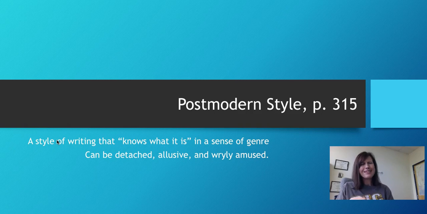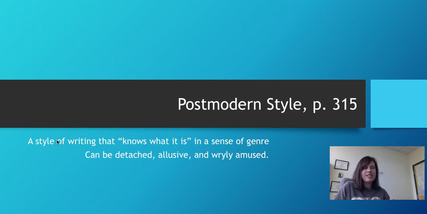And it's a little bit cynical, and it's a little bit sarcastic. We look at things through a more jaded lens, perhaps, than looking at story just as a story. We know what category it fits into. And we're going to be looking for reading response two, and for some of our later discussion forums, looking at literature, different genres, and kind of comparing and contrasting those. So postmodernism is, I think, really popular now.